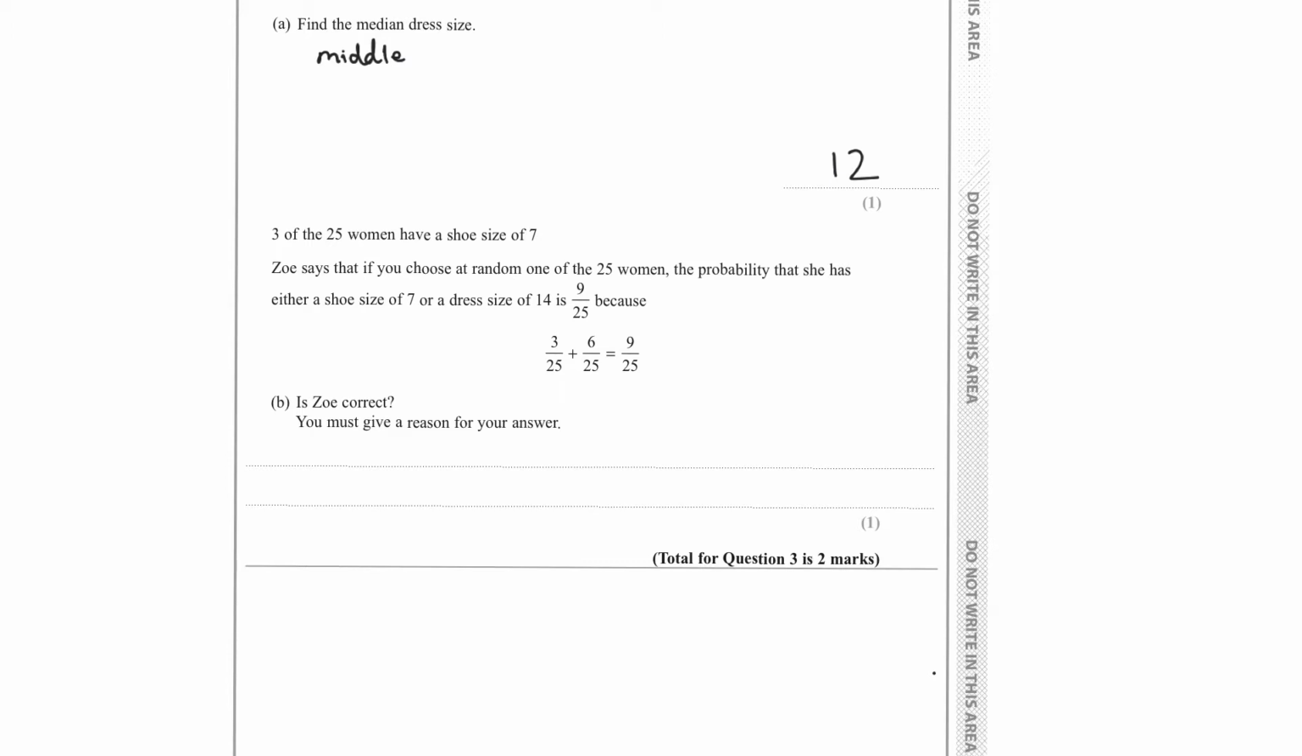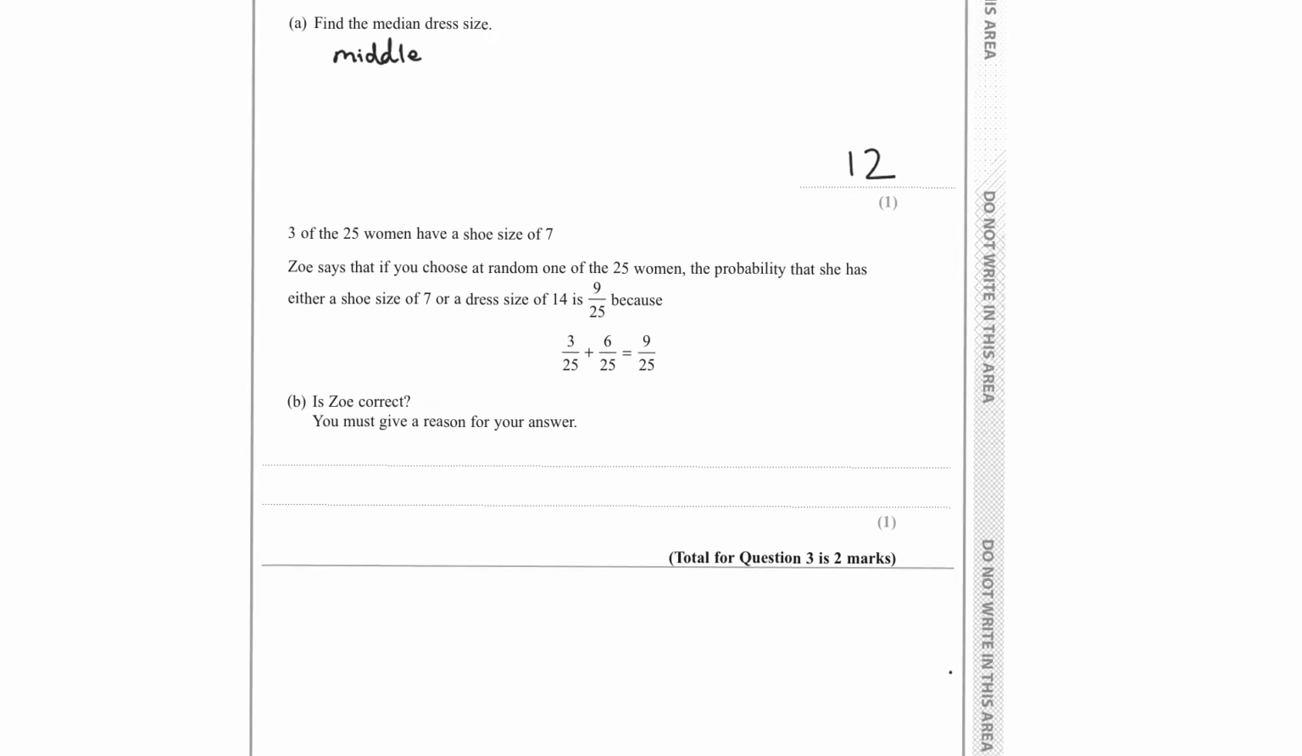So because it's an or probability, it's 2 events that can happen at the same time. Therefore, we wouldn't add the probabilities together, we would multiply. So the reason why Zoe is incorrect is because you would multiply. And the reason why you multiply is because she could technically have a dress size of 14 and she can have a shoe size of 7. And adding up the probabilities does not take into account the woman having both a size 7 shoe and a size 14 dress. So no,